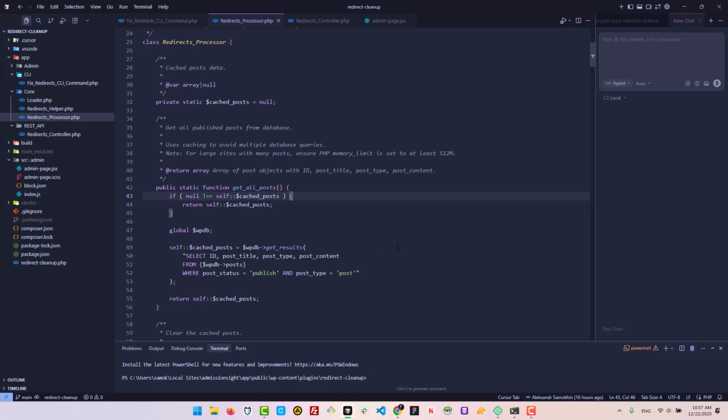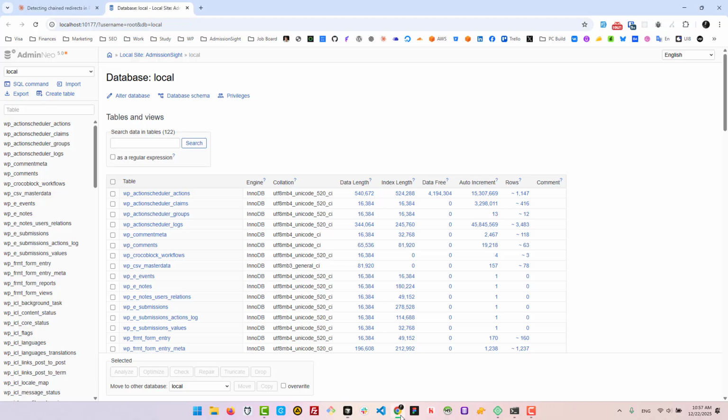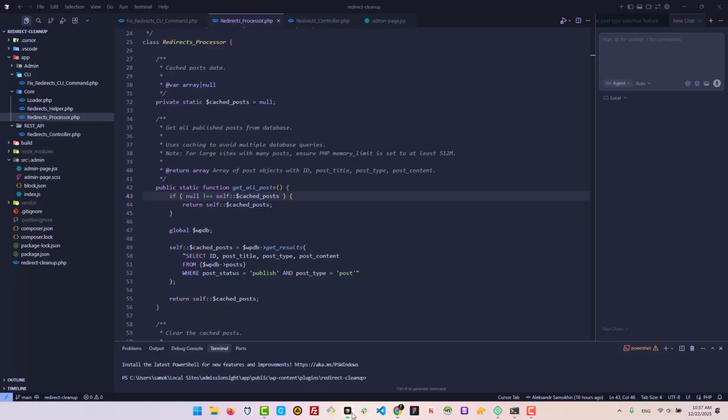So I first started with this idea of a plugin that can process through a big set of posts in WordPress and find redirect URLs, for example, ones created in the Yoast plugin. It can find all these redirect URLs in all the post content and remove them from the post content safely, right? And I had this client who asked me, can I do this programmatically, because they have this big